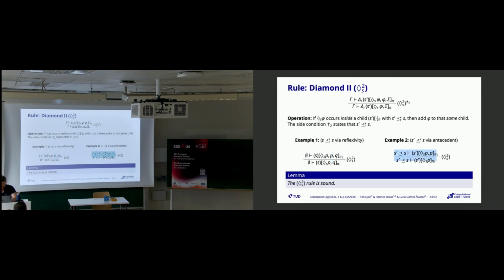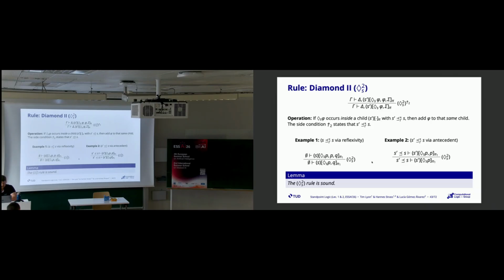I have diamond SP occurring in an S nesting with a P, and I have S prime being sharper than S in the antecedent. Therefore, this relation holds. Since the side condition holds, I can delete this P top-down. Likewise, I will not show this rule sound because it relies on these auxiliary lemmas, which would take too much